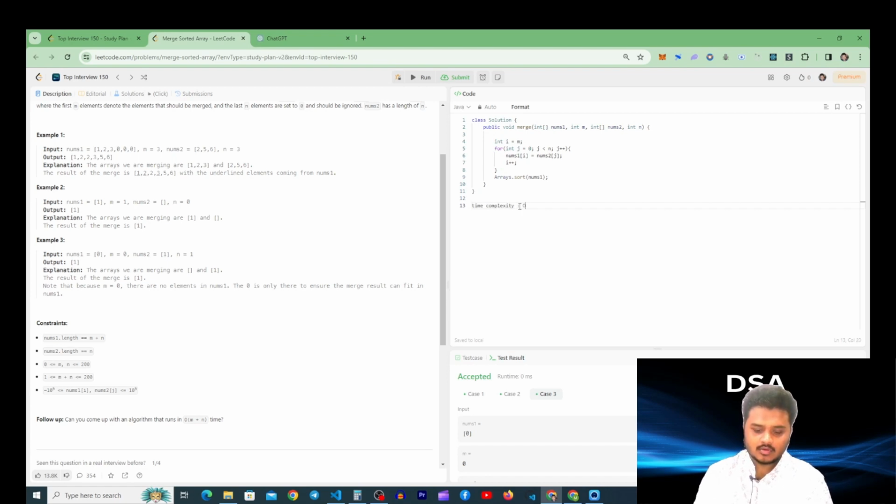will be big O of (m plus n) log (m plus n), because we are performing the sorting function. The sorting takes the complexity of (m plus n) log (m plus n). That is why actually the overall time complexity will be n plus (m plus n) log (m plus n),